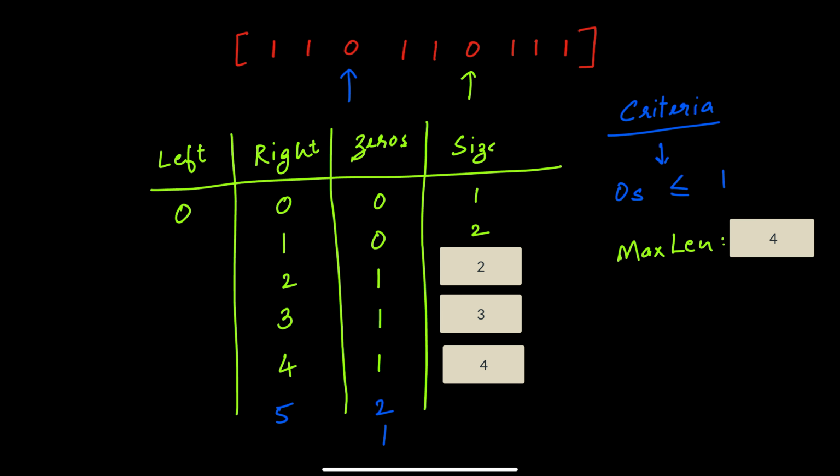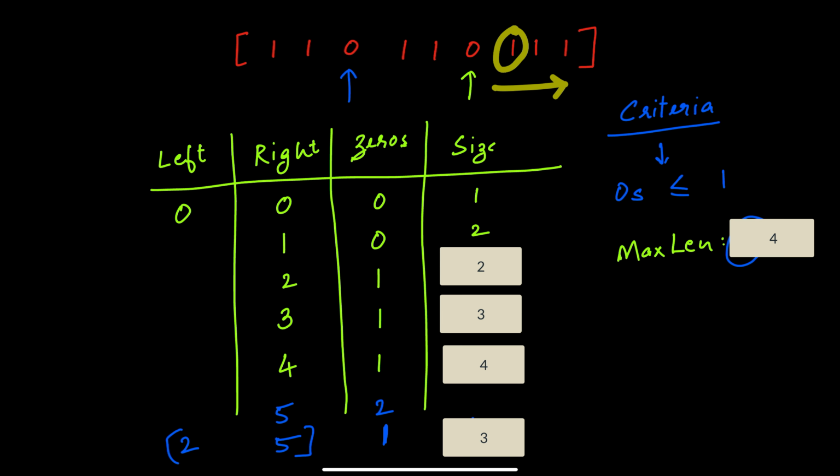criteria. After incrementing the left pointer twice, the left pointer will be 2, the right pointer is 5, the number of zeros will be down to 1. With these values, the size of the window is 3. As the window criteria is sufficed, we can go ahead and increment the right pointer to expand the size. As the remaining elements in the subarray are all 1, we can include it into the subarray, giving us the